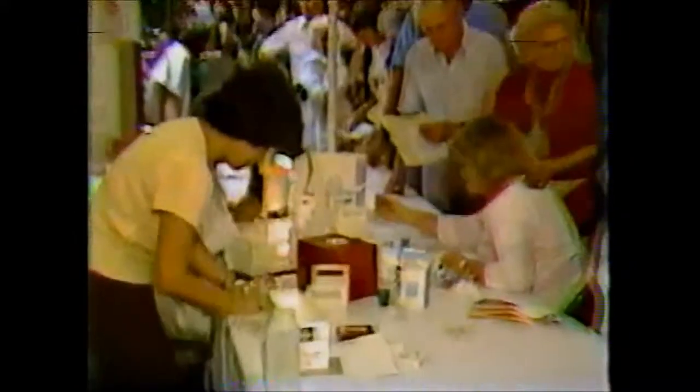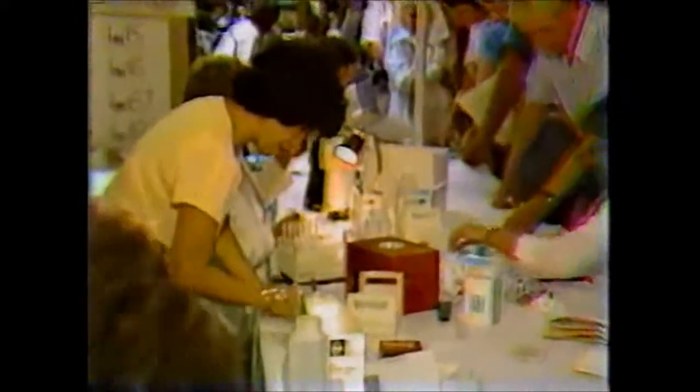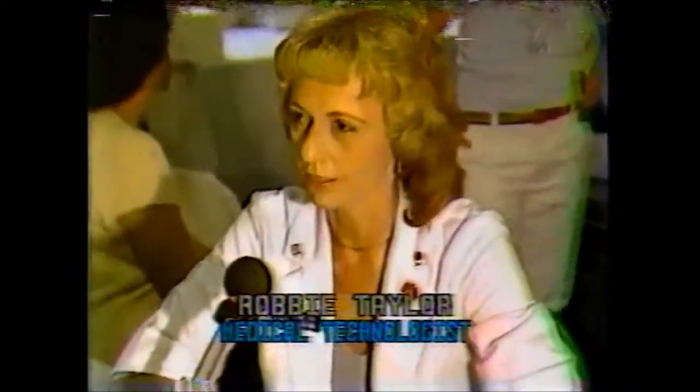Once I got back on my feet, I proceeded to the clinical laboratory booth where they checked your blood type and told you whether or not you were anemic. I spoke with Robbie Taylor, a medical technologist. First of all, how do you get the blood from these people? Okay, all it entails is just patients having their fingers stuck. It's just a little prick on the end of the finger, and we put some blood in a solution to check for the hemoglobin. Then we put it in 3 tubes, add some antisera to it, and check the blood